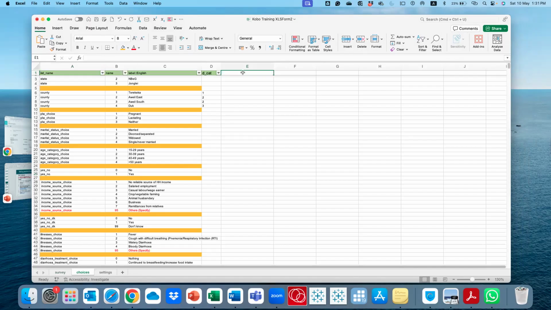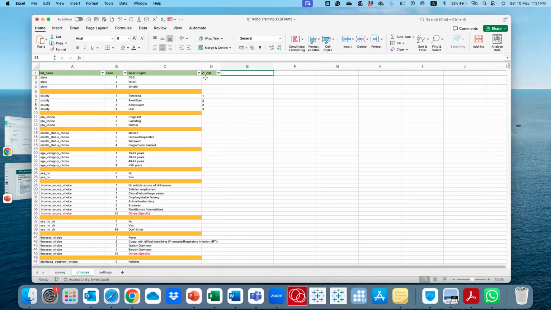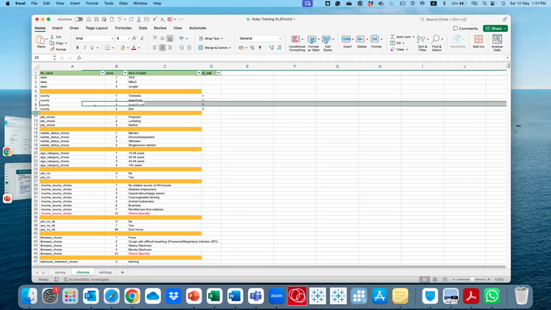Okay, the second one, you're asking how to cascade. I think the cascading thing is this one, as you said. You put the category, and if you want to add another one, like you're saying, if you want Payam from here, for example, is that what you said?